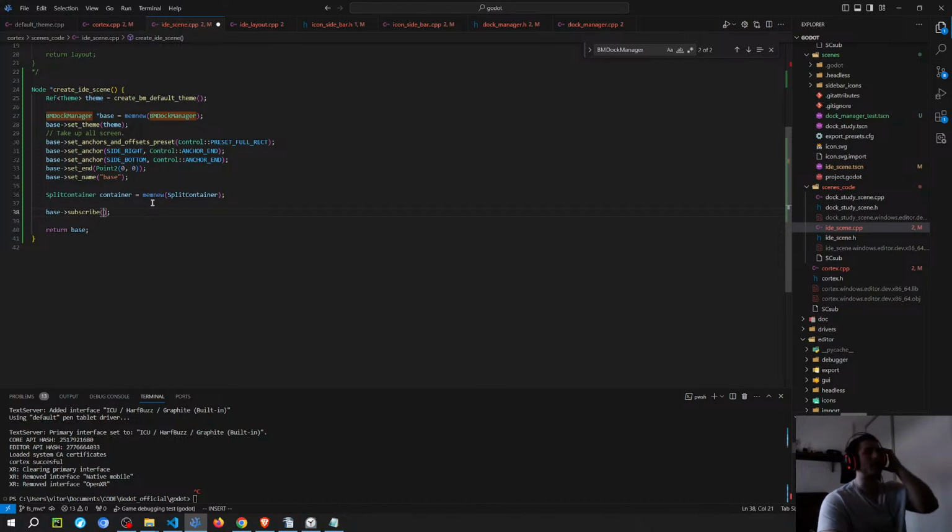I don't think I like that approach that much. Anything where you have to rely on things that might be different depending on circumstances is probably not very good. Relying on the name of the node, I think, is an example of that. Because if you don't set the name, then Godot has a default strategy to set the name of the node. Even though I think it's probably going to be the same every time you run the function, it's not something that I want to rely on. So